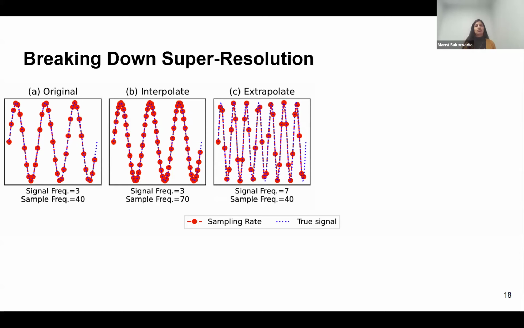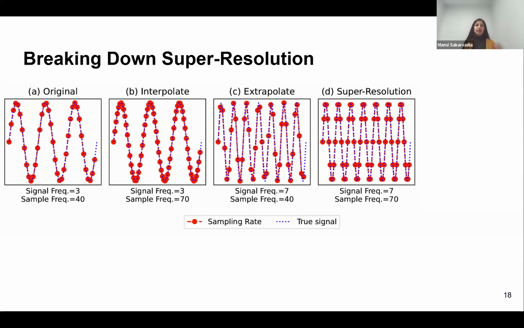The next behavior we're interested in assessing is the behavior of extrapolation. In this case, if you're comparing setting A to C, what has happened is the frequency information has increased, but the underlying sampling rate has not changed. So what we're hoping is if a system can extrapolate, it can accurately resolve new frequency information without changing its sampling rate. And so we argue that these 2 behaviors put together is what constitutes the behavior of super resolution,